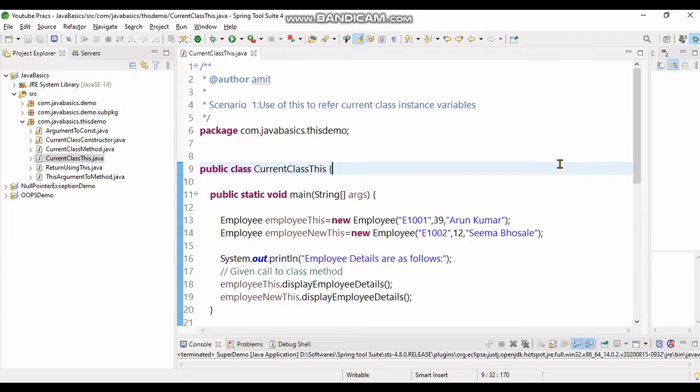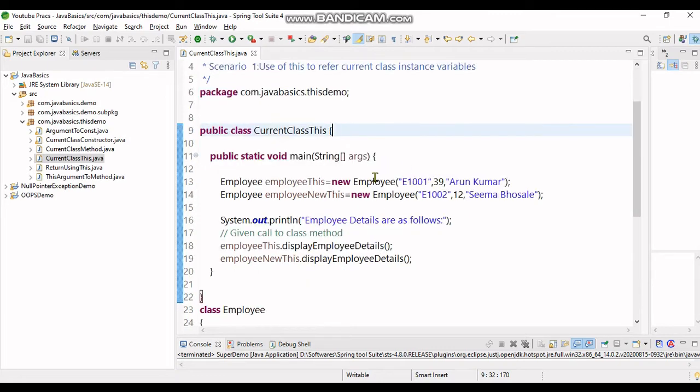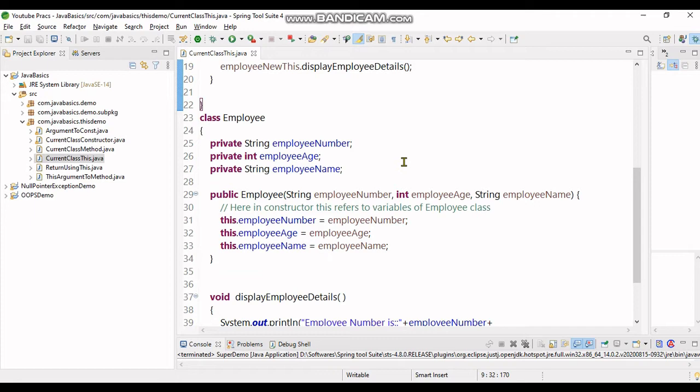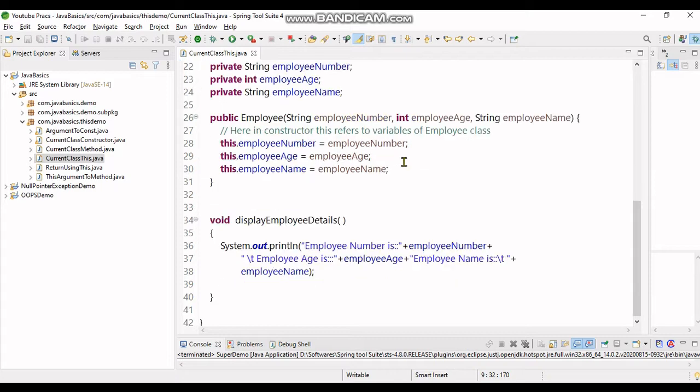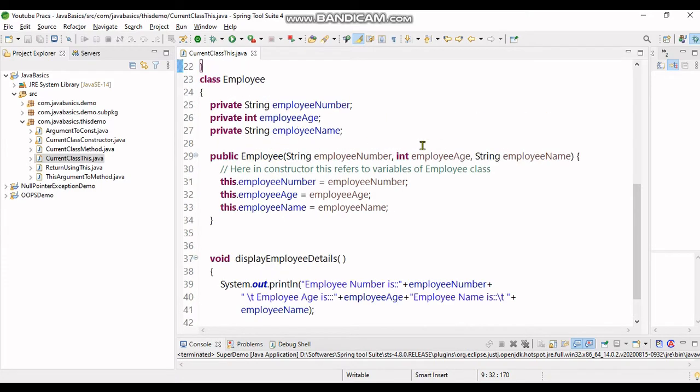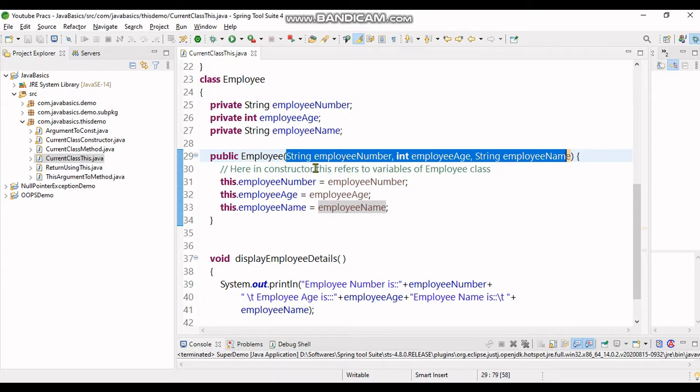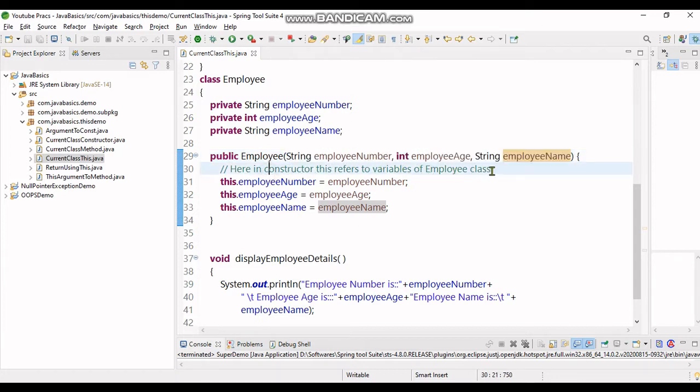According to scenario 1, use of this to refer to the current class instance variable. In this, what I've done is created a class named Employee with 3 attributes: employee number, age, and name. And it also has its constructor. Now see here, employee number, age, and name. When you call the constructor using these attributes, in the constructor these refer to the variables of the Employee class. So this.employeeNumber is employeeNumber, this.employeeAge is equal to employeeAge, and this.employeeName is equal to employeeName,